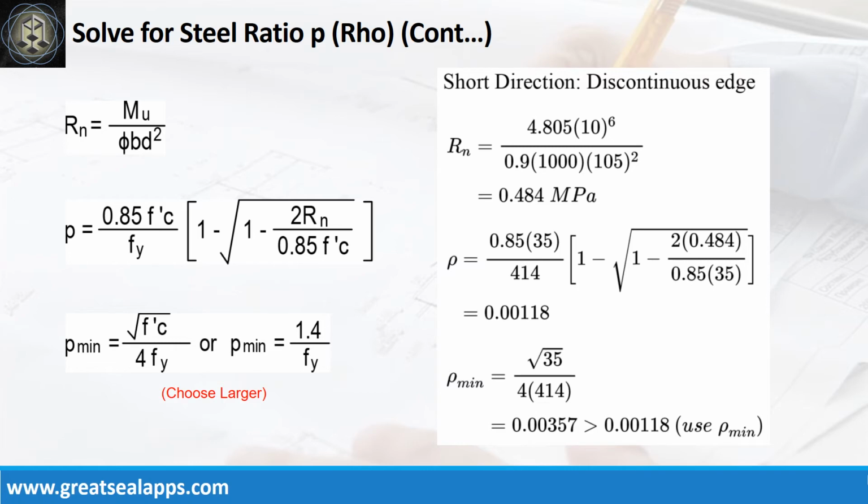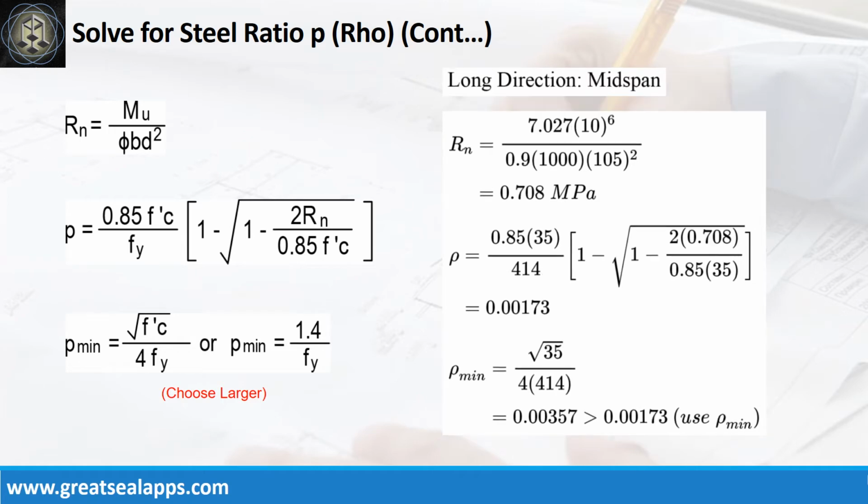Use Rho minimum of 0.00357. Given long direction, midspan moment equals 7.027 kN/meter, resistance factor equals 0.9, B equals 1000 mm, and D equals